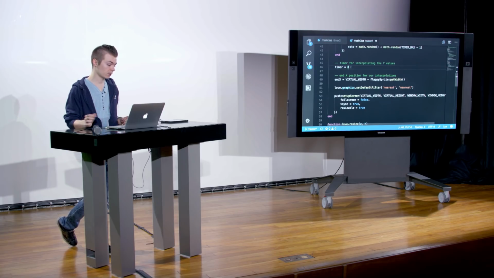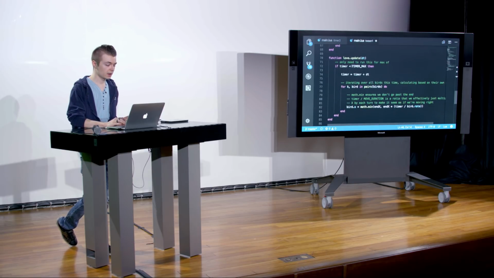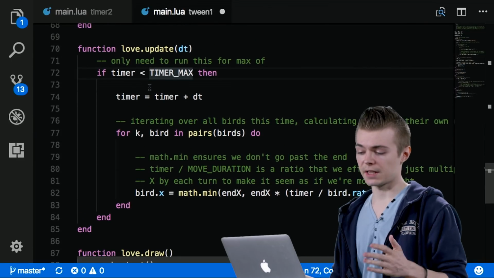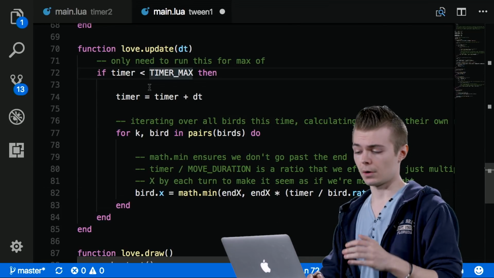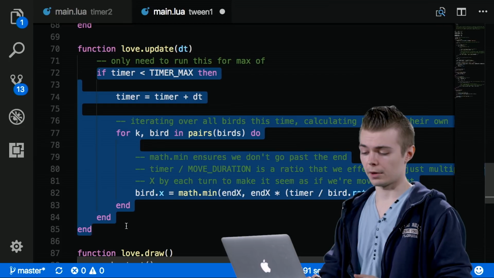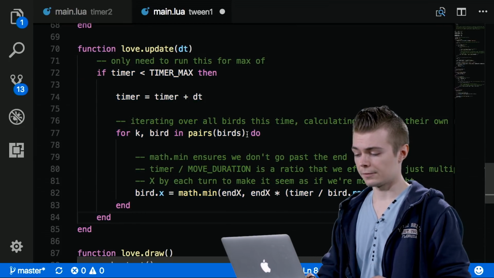Here we have a timer. We're not using knife.timer in this case yet. But basically in update, we're just saying as long as timer is less than timer max, this update logic will only run as long as we haven't gone over timer max. Increment it, and then for each bird,